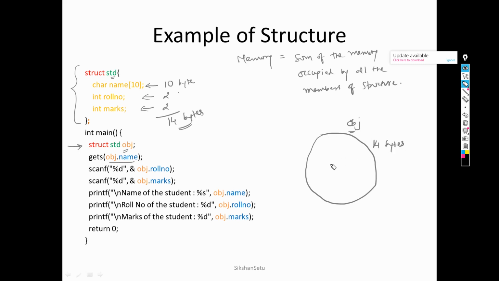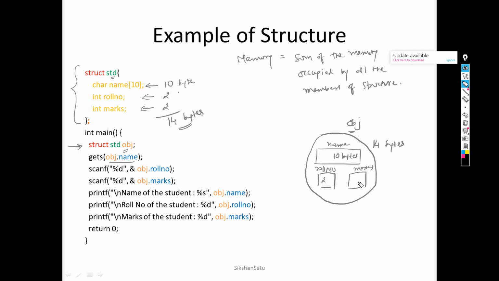But in this box, or in this particular container, there will be three containers. One container is for name. It occupies how many bytes? 10 bytes. Another container is for roll number. And the third container is for marks.